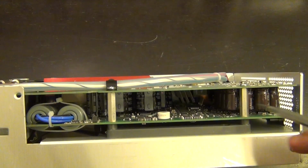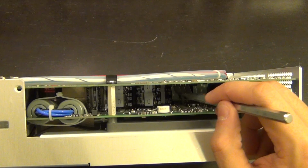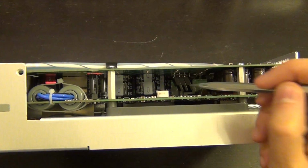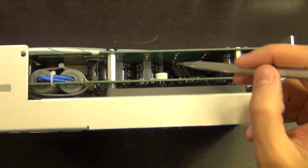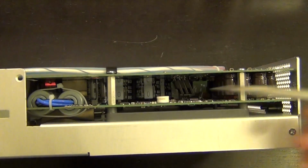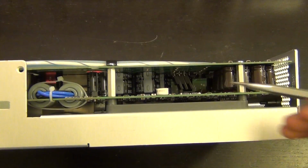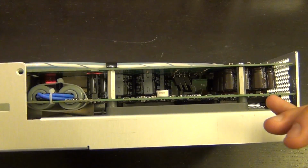a lot of capacitors, just banks and banks of capacitors in here. There's some components here which either are rectifiers or transistors, and these capacitors, you can see a bunch of these actually footprints that are not occupied with anything. I'm not sure why they haven't been installed, those capacitors there,